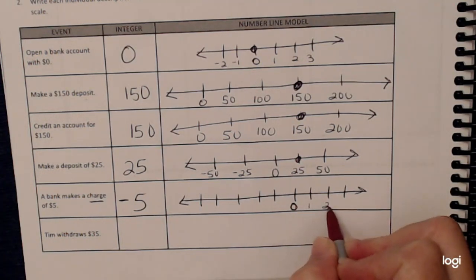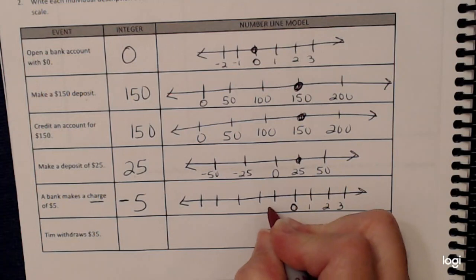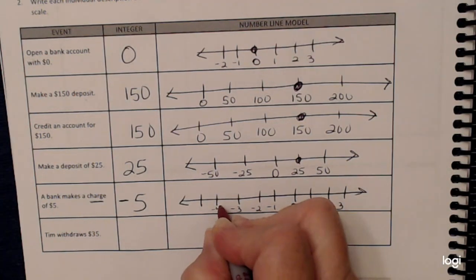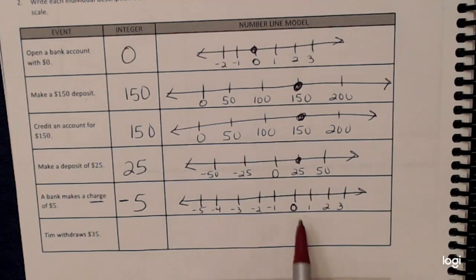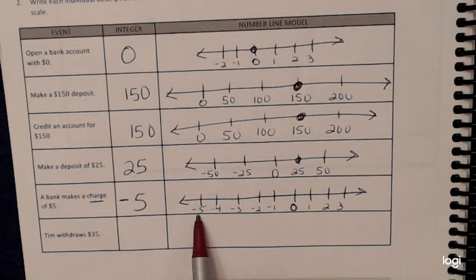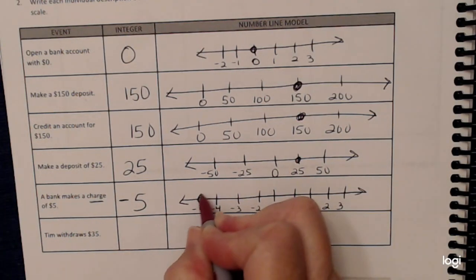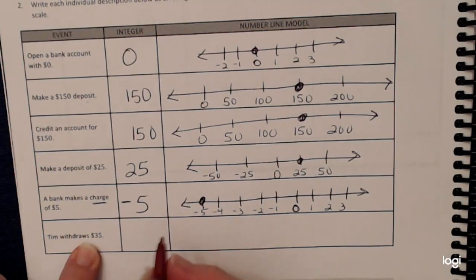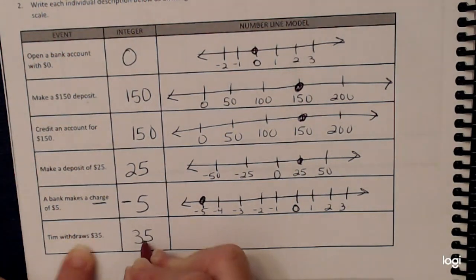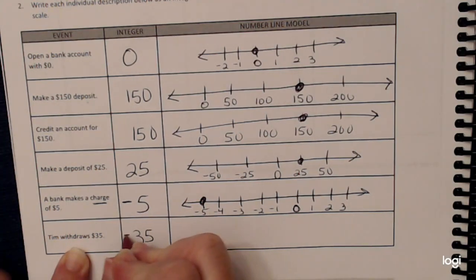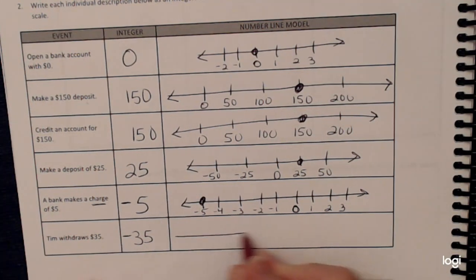Positive numbers go to the right, and negative numbers go to the left. I'm going to count by ones. 1, 2, 3, negative 1, negative 2, negative 3, negative 4, and negative 5, just enough for me to put my dot. Okay, the last one. The integer is 35. If I'm withdrawing money, I'm taking it out of my account, so I'm taking it away. So we'll make another